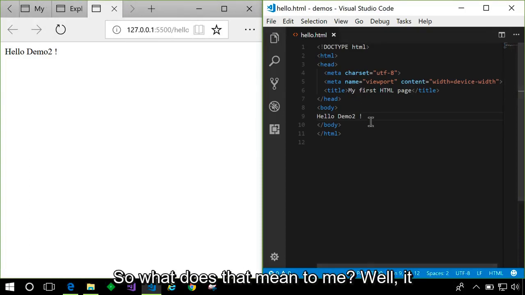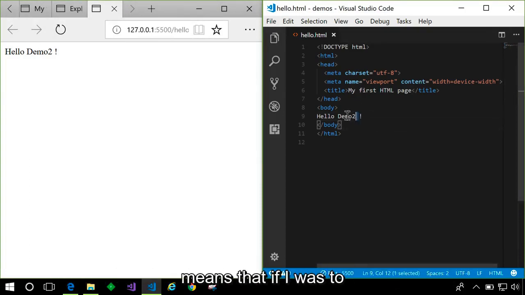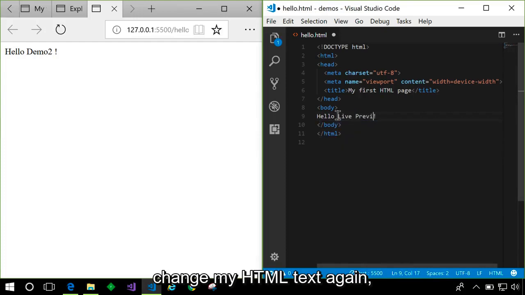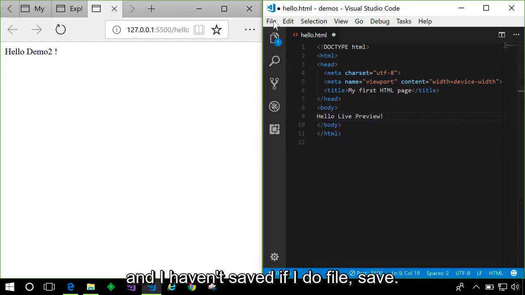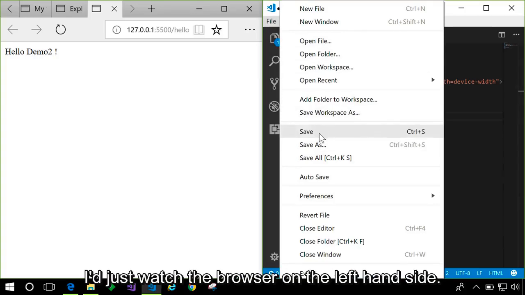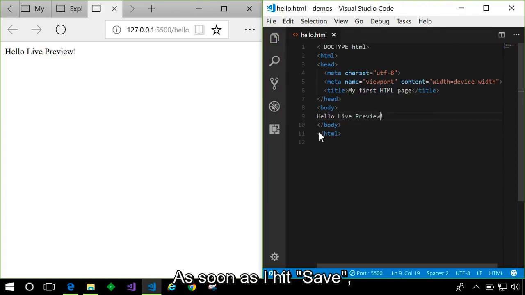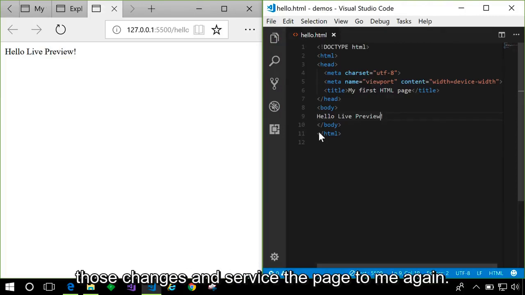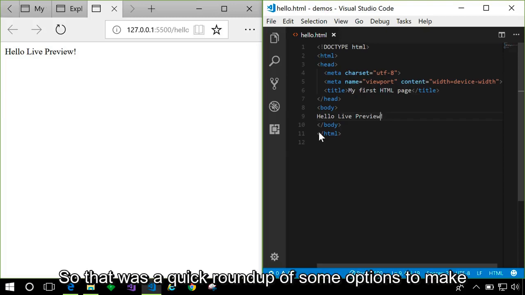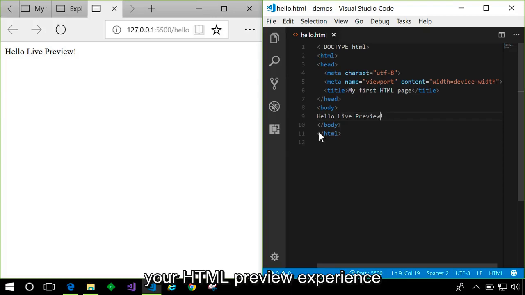So what does that mean to me? Well, it means that if I was to change my HTML text again, and I haven't saved yet, so if I do File, Save, and just watch the browser on the left-hand side, as soon as I hit Save, the live server detects those changes and serves the page to me again. So that was a quick roundup of some options to make your HTML preview experience better